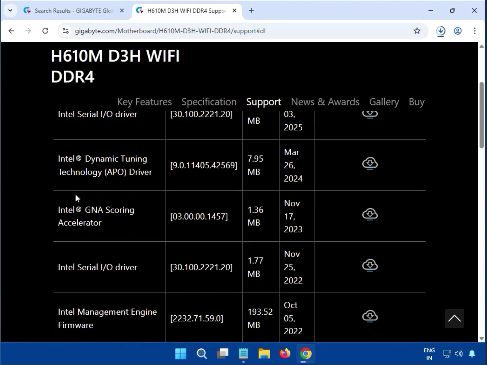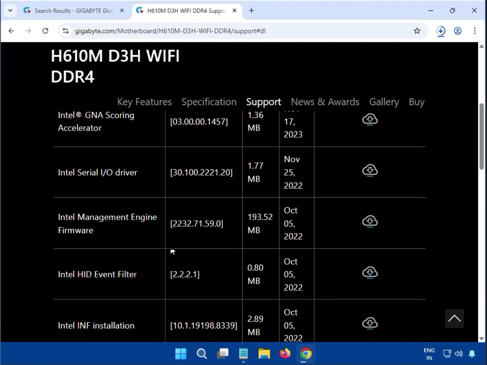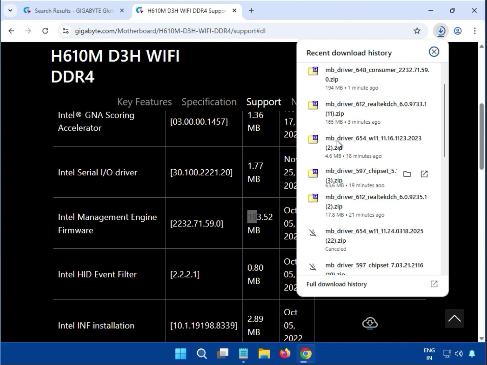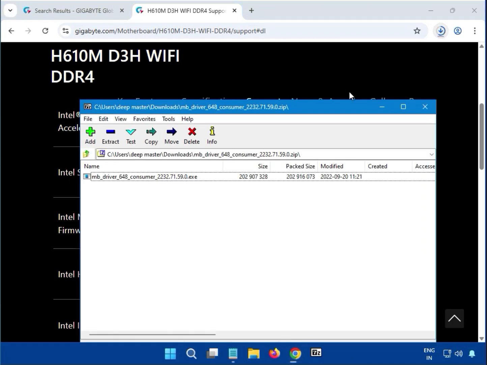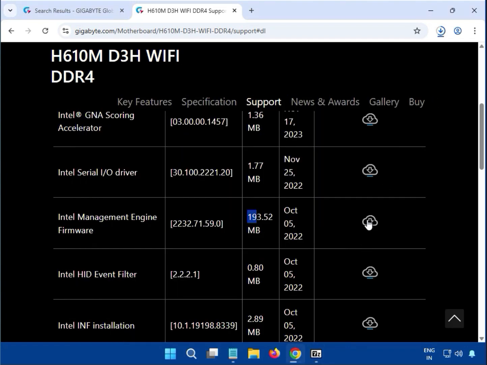Chipset. So guys, chipset, try to download this one, Intel Management Engine firmware. So I already downloaded. Open this and click here to download. This is the download button. Okay,